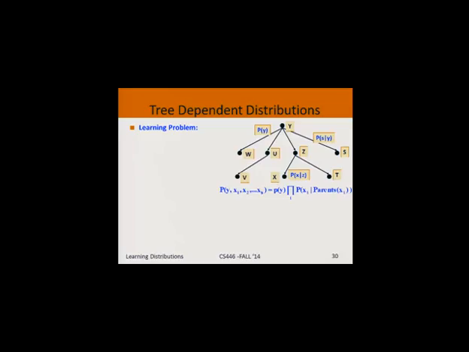Basically, given a Bayes net, and this is a special case that is a tree, you should be able, given a query, like what's the probability of U being 1 and S being 0,